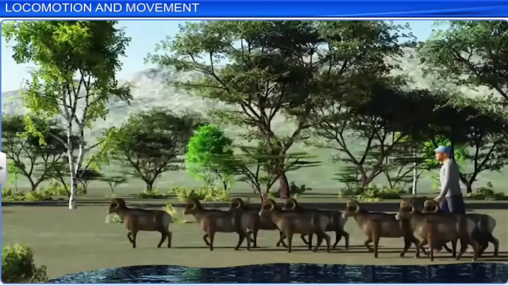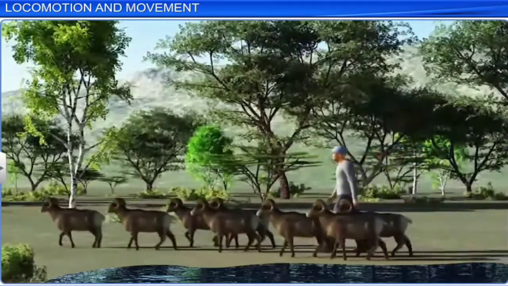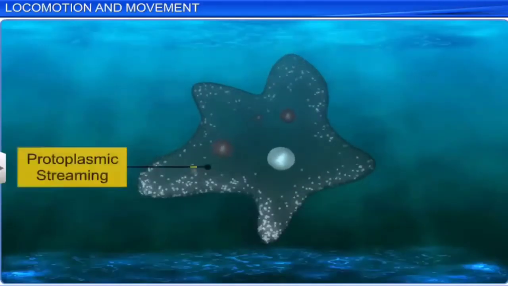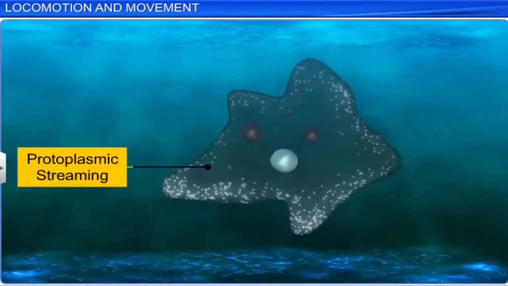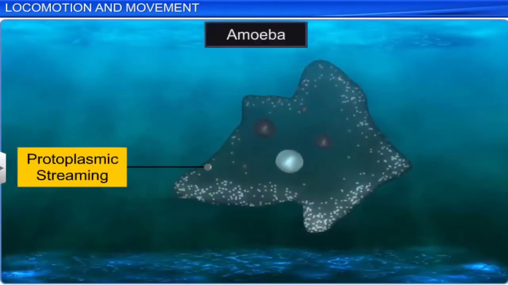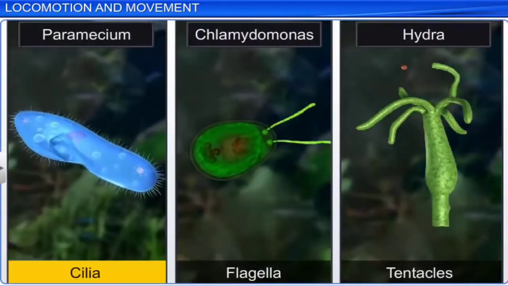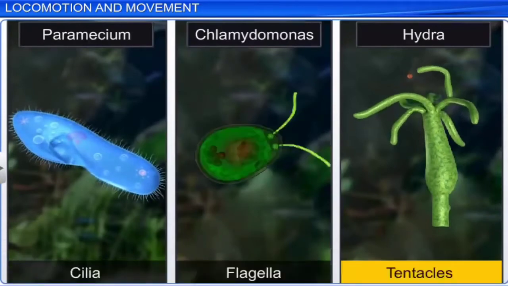However, movement in plants is different from that in animals. The simplest form of movement is protoplasmic streaming, as seen in unicellular organisms like the amoeba. Some organisms show movement of cilia, flagella, and tentacles,